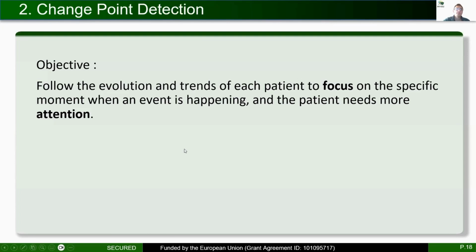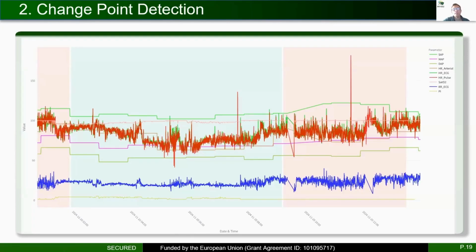For that, what we have done is to develop a cluster classification model that works so that when a significant variation in the underlying data occurs, we can label it as a different cluster, detect the significant changes that have been produced, and focus the attention of the clinician on the specific patient in that moment. So here, for example, we have